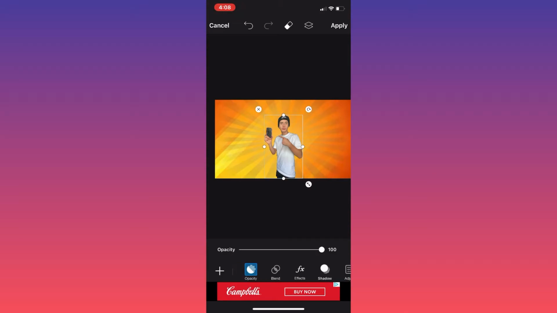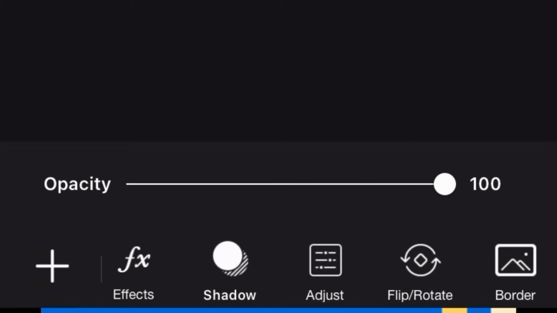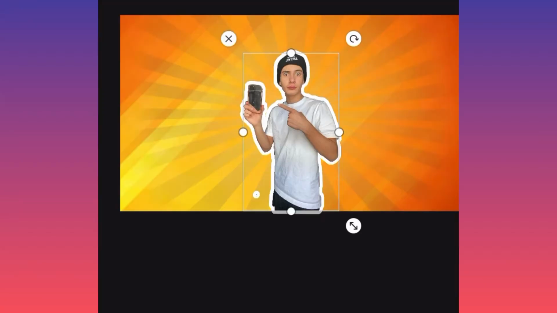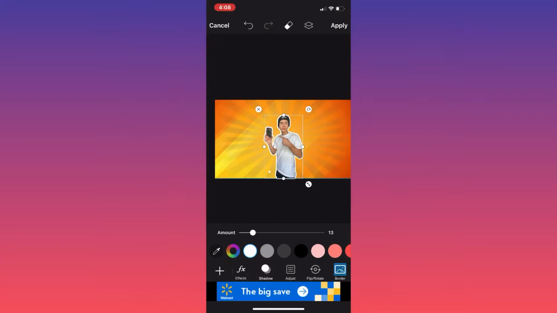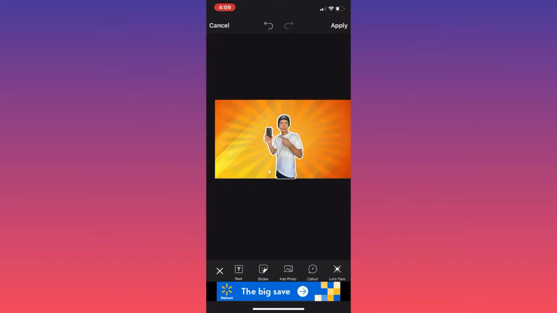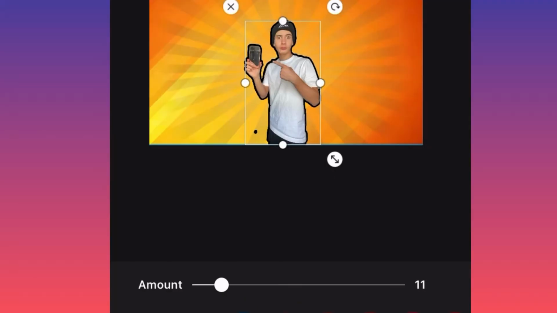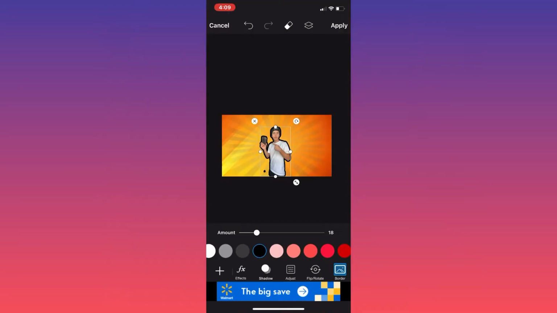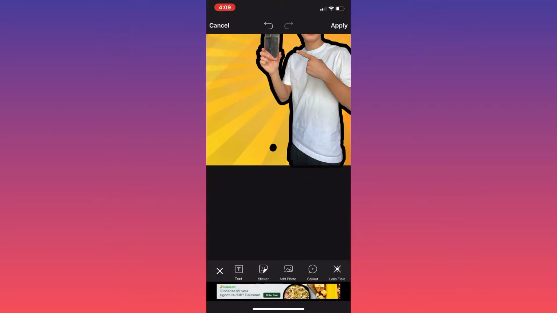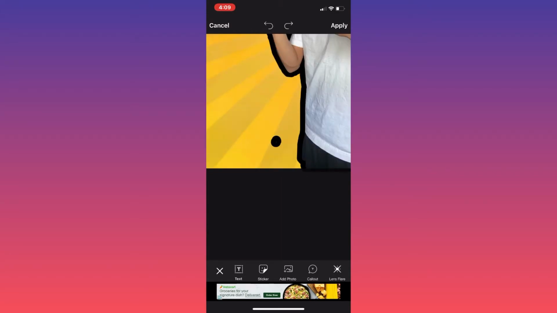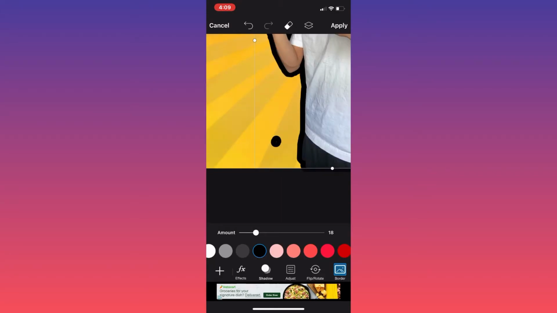And what I like to do is go to the bottom right here, go all the way to the right and hit border. Basically what border does is it makes the thumbnail look 100 times more crispier. I recommend you use it. As you can see, there's a lot of different colors. There's black, and as a matter of fact, you can actually increase how thick you want it. I wouldn't recommend you have it at the thickest. I would recommend something between thin and skinny, not that thick, because that will